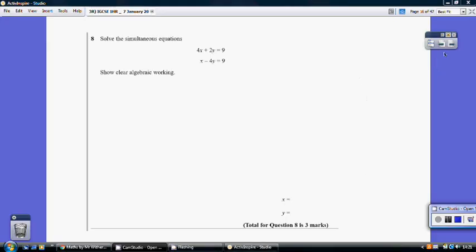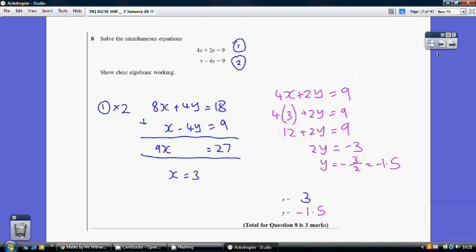Question 8. So I need to either line up my x's or line up my y's. Now if I was going to line up my x's, I would take equation 2 and multiply it by 4 to give me the 4x, but I'm actually going to line up my y's. So I'm going to take my equation number 1, and in order to turn my 2y into a 4y, I'm going to double it. So I'm going to double all the terms in equation 1. So 8x plus 4y equals 18, doubled all 3,